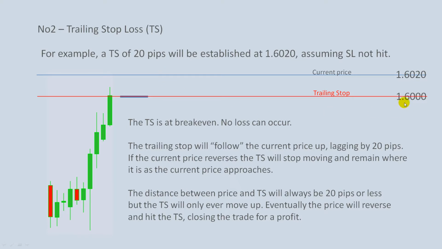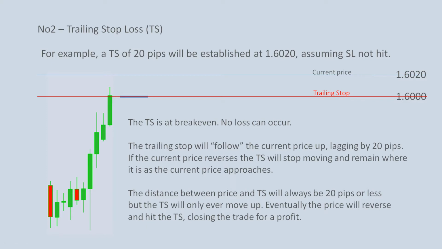It's gone from 1.6000 to 1.6020. That's 20 pips. A pip is the fourth decimal place, so that's units there, and the third decimal place is obviously tens, or in this case thousandths, but that's 20 pips, 20 pips there. So the price has gone up by 20 pips, and if we have a trailing stop set at 20 pips,